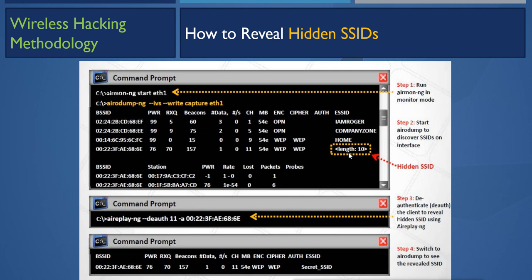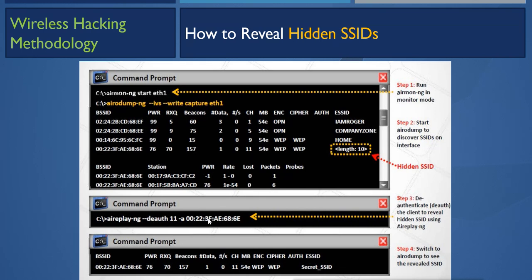Now what will the attacker do here? In the third step, it will run the aireplay attack. A replay attack means it will replay packets, and it will send the deauthentication packet. The number of deauthentication packets will be 11, sent with the MAC address of the AP.